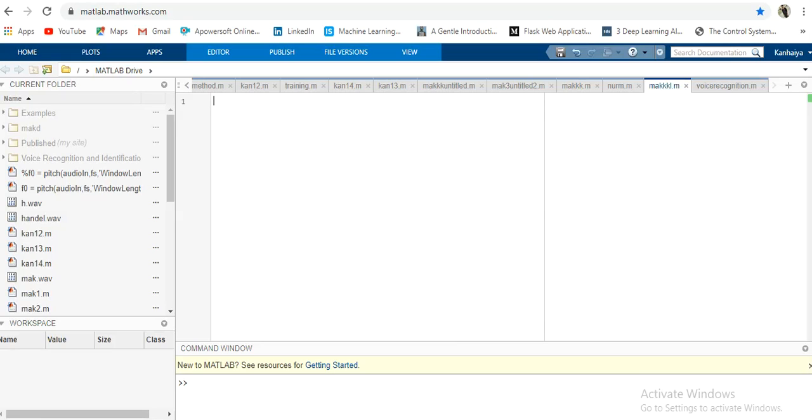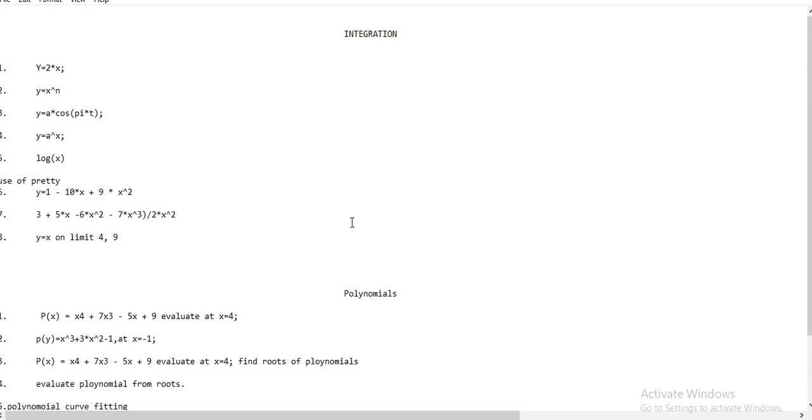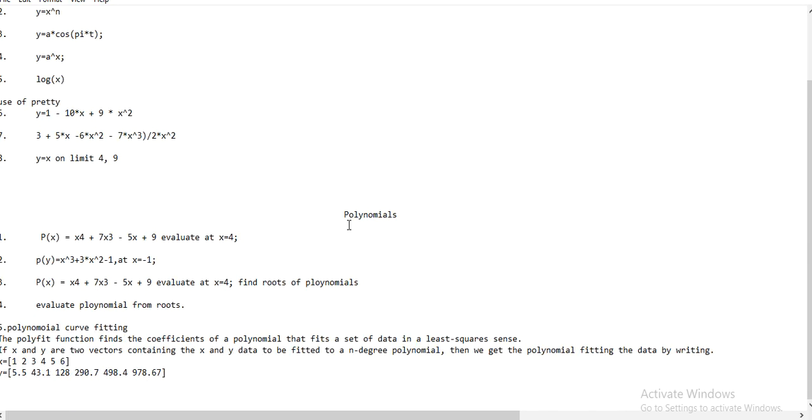So, yesterday we solved some integration problems. We solved definite integral and indefinite integral. Today we will again start with a new problem. We have solved calculus. We solved limit problems, and in limit we also solved left hand limit and right hand limit problems. Then we moved to differentiation, and before limit we solved algebra. After algebra we solved calculus. In calculus we solved limit, differentiation and integration. Now we will move to polynomials.